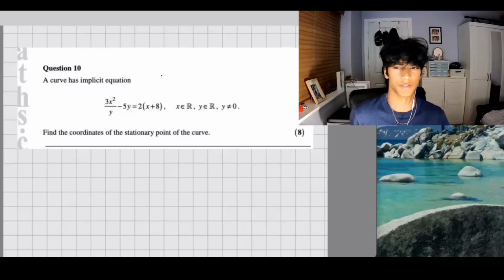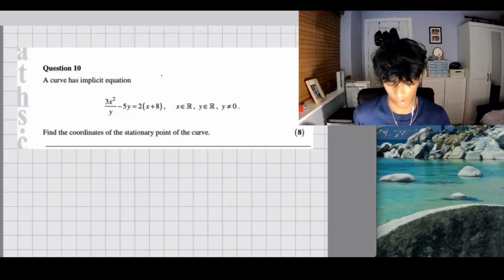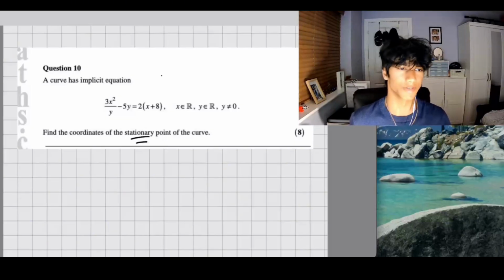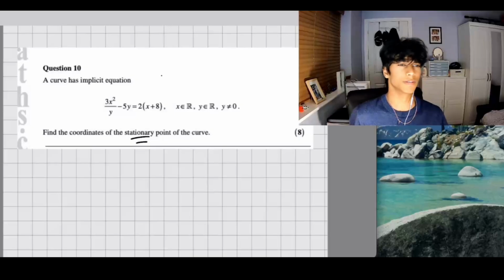Right, so we got this tricky differentiation problem where it's asking us to find the stationary points of the curve. Whenever you're thinking stationary points, it should always be dy/dx equals 0. Before we approach this problem and solve it, I want to introduce you to the idea of,